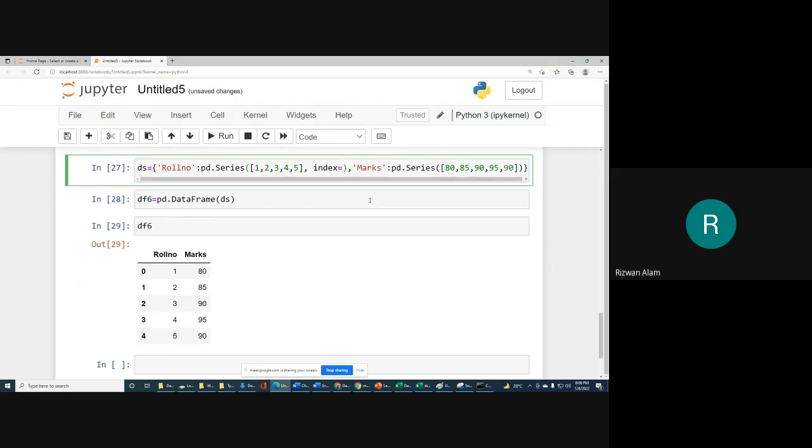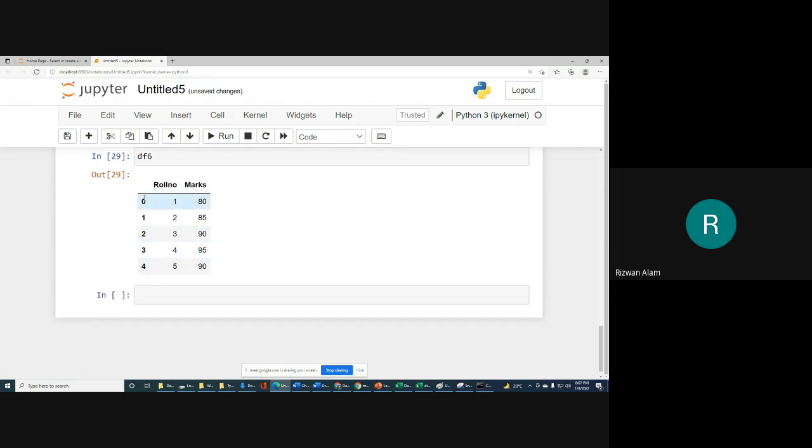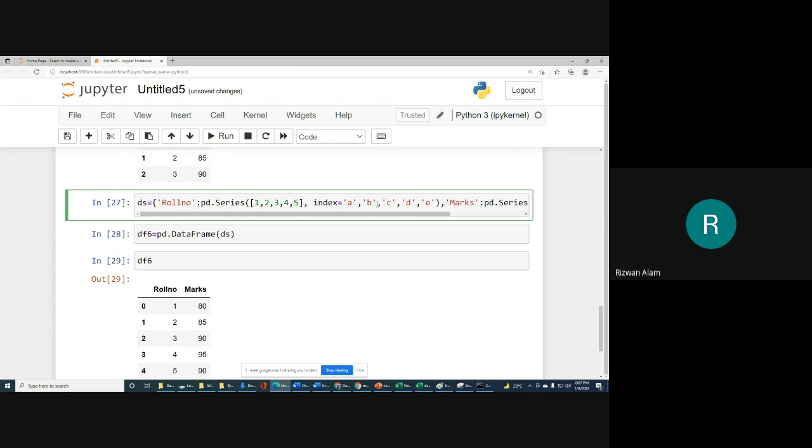For example, for index we want to use A, comma B, comma C, comma D, and then E. So if you write index like that, it will simply replace the row numbers 0 1 2 3 4 with A B C D E.